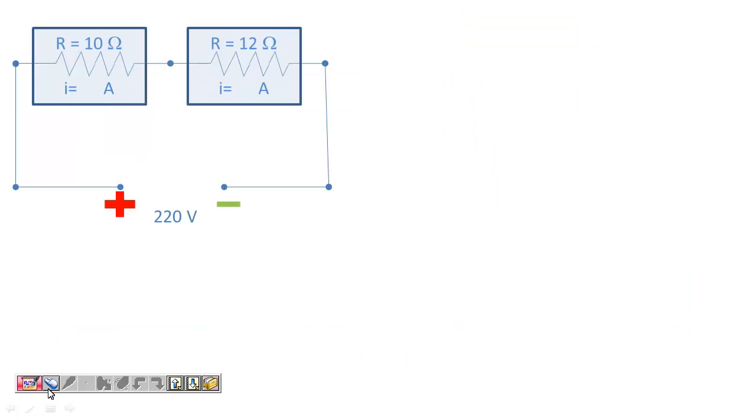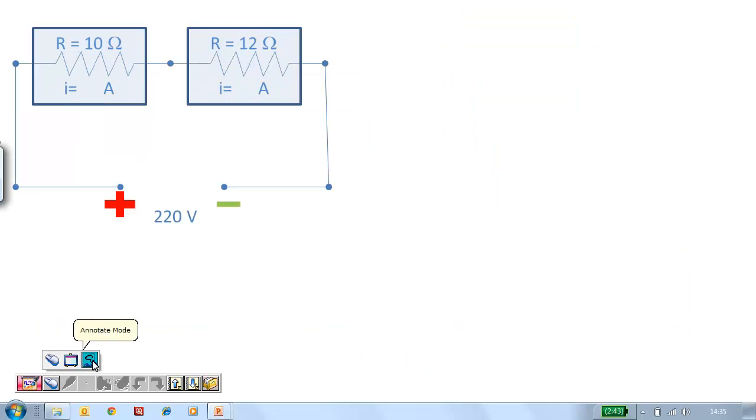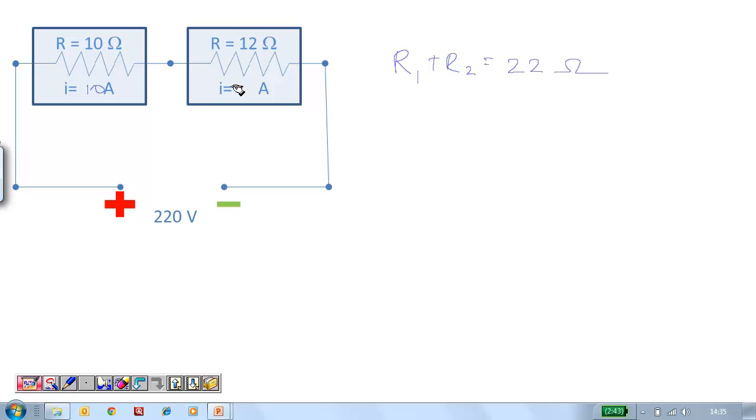So take this example. In this case, we have two resistors R1 and R2, and a voltage of 220. We know that R1 plus R2 is equal to 22 ohms. So the current that will flow through this is going to be 10 here and 10 there, which is equal